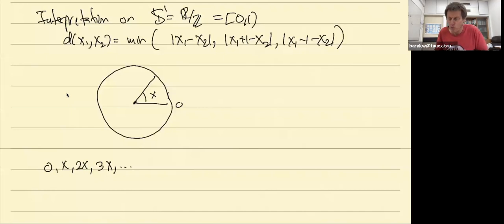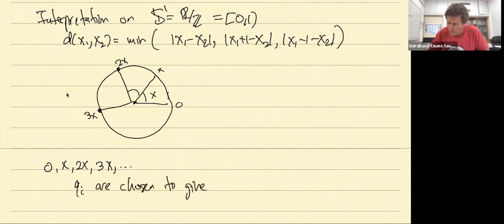These are numbers, points on the circle. So here's x, here is 2x, here is 3x, and so on. And the qx are the Qi's. The Qi's are chosen to give the consecutive minimizers,